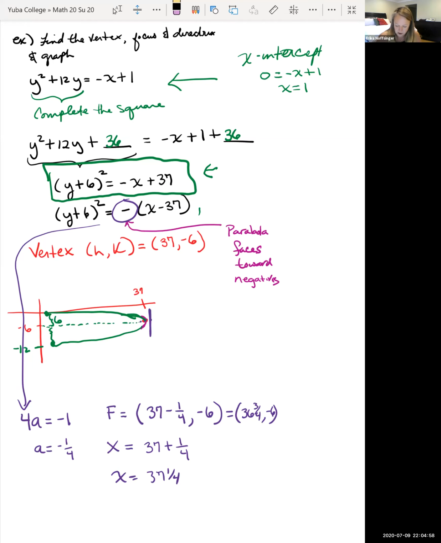So let's find our y-intercepts. Then we would have (y plus 6) quantity squared is equal to 0 plus 37, which is 37. So take the square root of both sides. We get y plus 6 equals plus or minus the square root of 37,